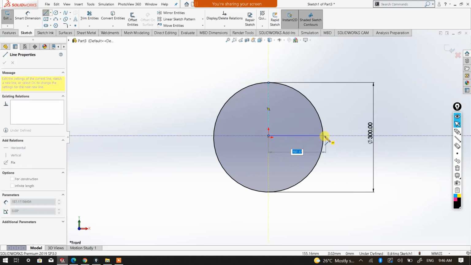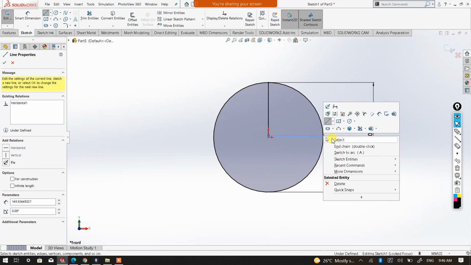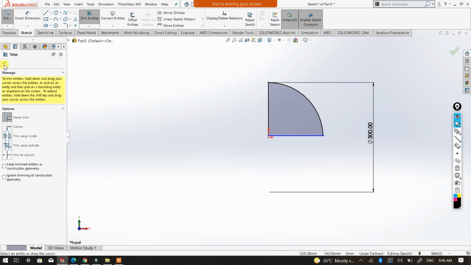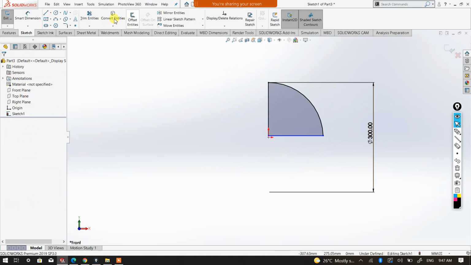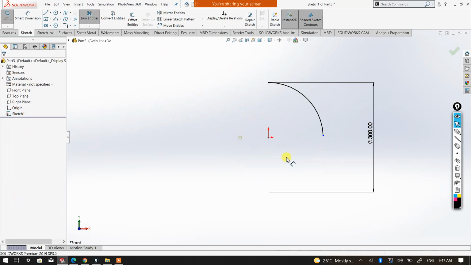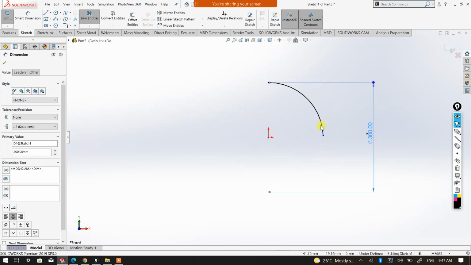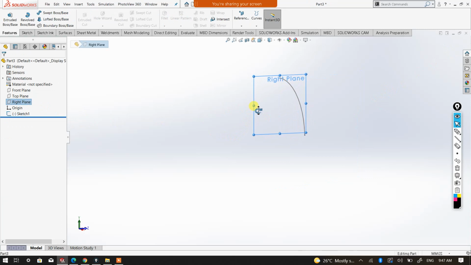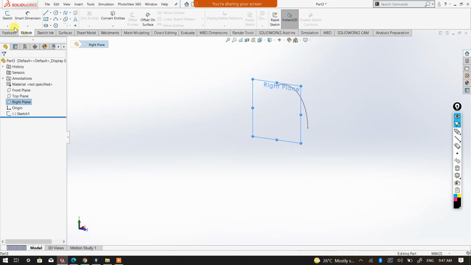And I'm going to have a line like this, right? And then I'm going to trim this, and also I'm going to trim both of these here, right? This one. So this is my path. This is my path. Okay, and then I'm going to exit from this sketch environment, and then I'm going to create my profile by applying the right plane as my sketch plane,